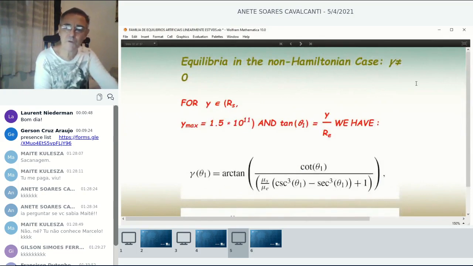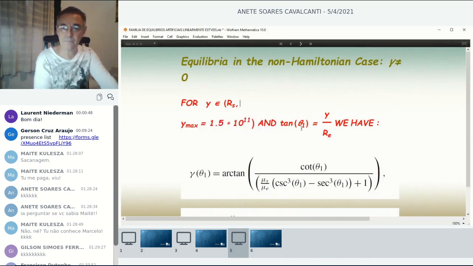and the result we have is that for y taken in the region given by Rs. Rs is the radius of the sun. So we want y to be bigger than the radius of the sun, so it's possible for the sail to be physically located at this point. So if y is in this interval from the radius of the sun to this maximum value of y,